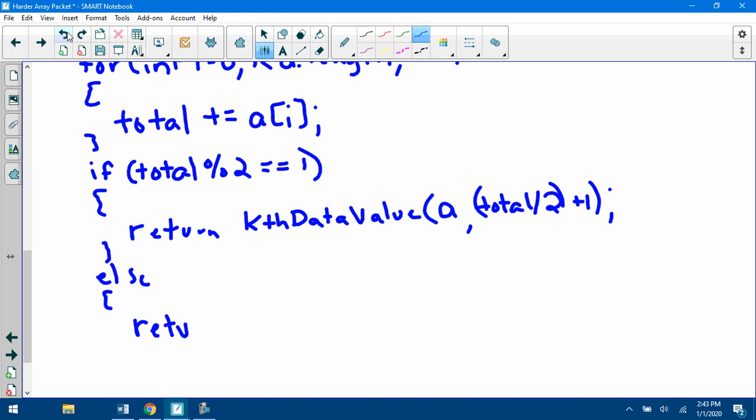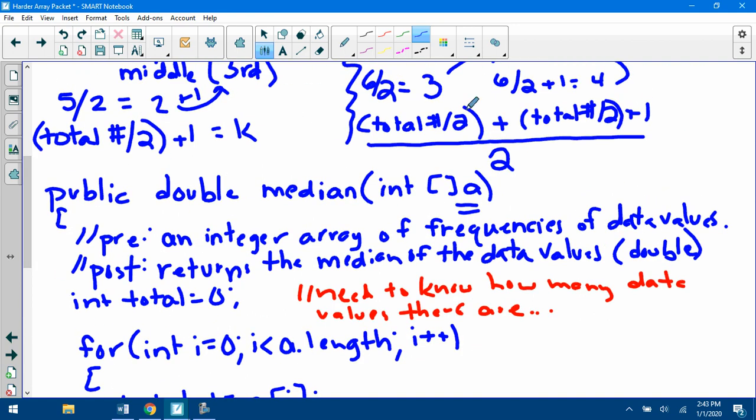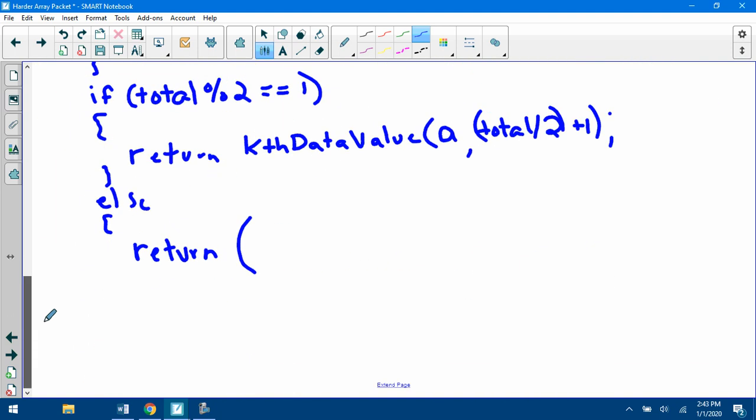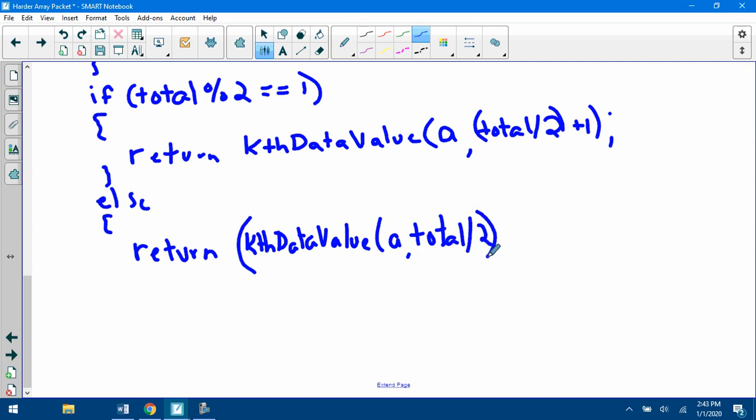I misspelled return there. Let me try that again. Okay, so I'll write small here. I might run out of room. I've got to take the total divided by 2 data value. So that would be kth data value of array A, and the spot I want is the total divided by 2 spot. Take that value plus the value next to that. So I have to call kth data value again. Send it A, and the spot next to the middle spot would be total divided by 2 plus 1. This is where I ran out of room, but it's all that